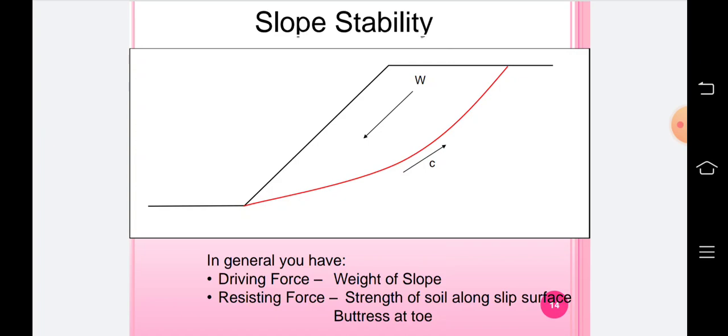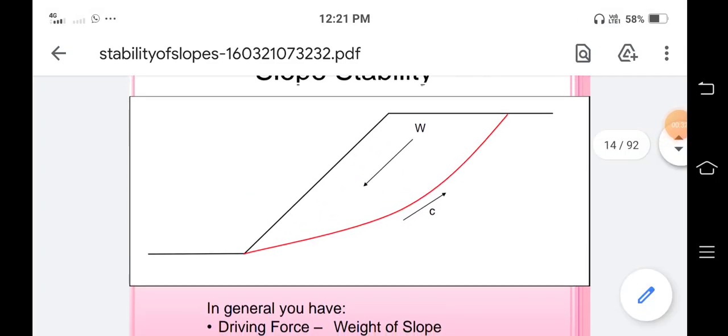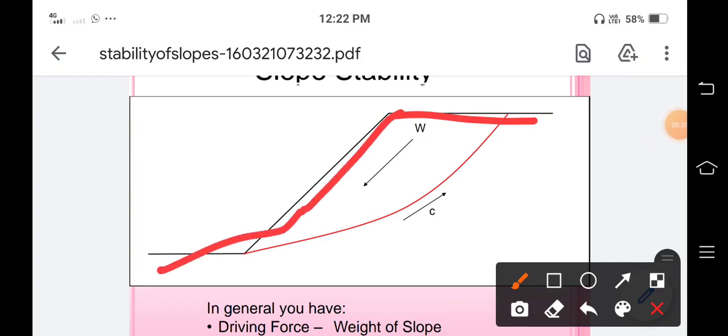So in general we know that the sloping surface, suppose this is our section of the dam, half section of the dam. Due to this inclined surface, what will happen? Due to its self weight, the soil tends to move in a downward direction. This force is called the driving force, which is called the shearing stress